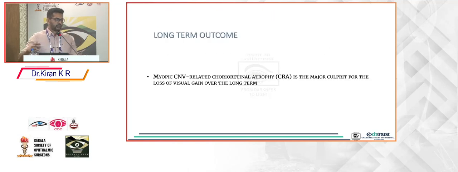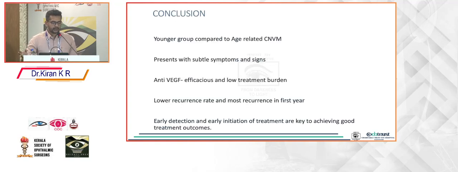And most of these studies have shown that the visual gains have persisted for almost 3 to 5 years, but some patients started developing a drop of vision after 5 years. The important reason found for this drop in vision is the choroidal atrophy that sets in beyond this stage. And in conclusion,